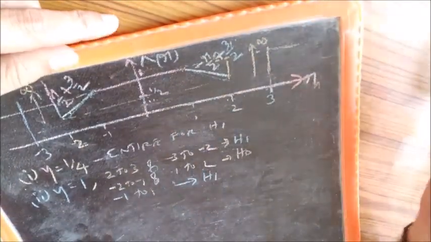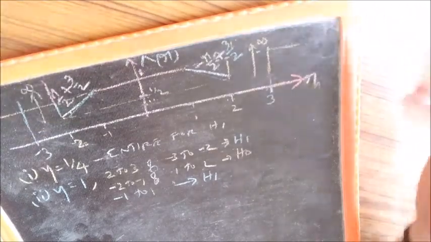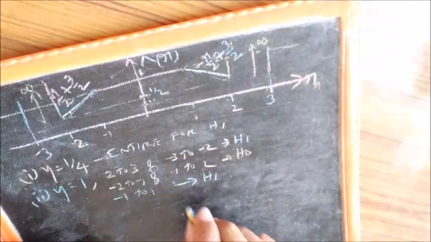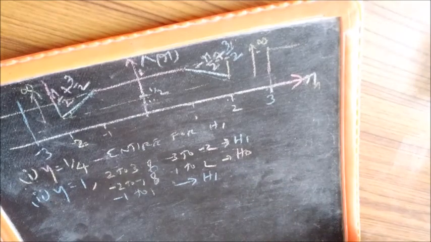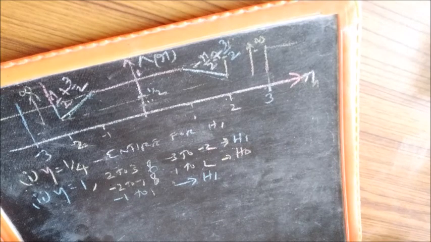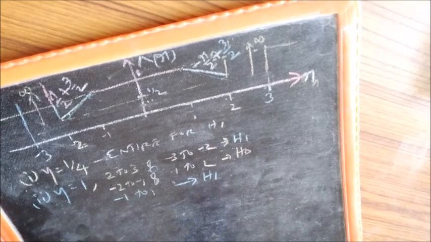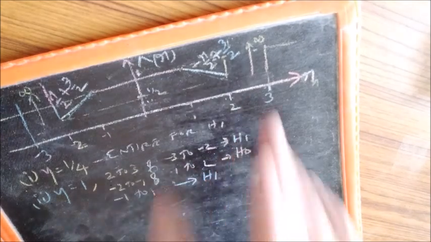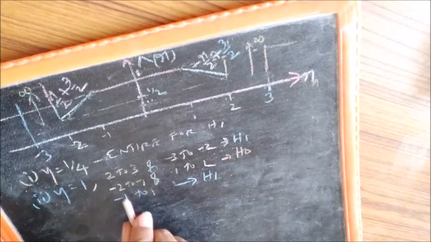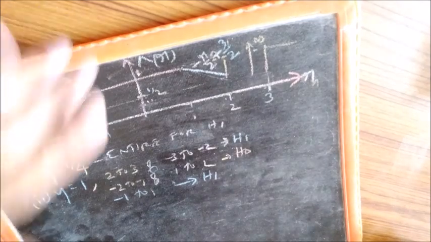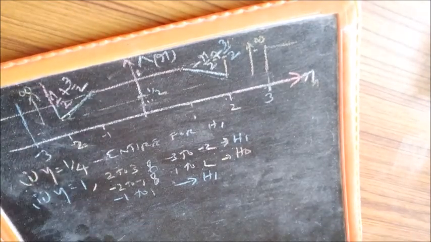You can also decide the other way. You can say whenever it is exactly equal, I will declare it as H0. But once you do it, you should stick to it. So we take here it has to be the region for H1. So when eta is equal to 1, you take a decision like this. So it is listed down here, 2 to 3 and minus 3 to minus 2, you declare H1, that is for R values, and minus 2 to minus 1 and 1 to 2 you declare H0, and similarly from minus 1 to 1 you declare H1.